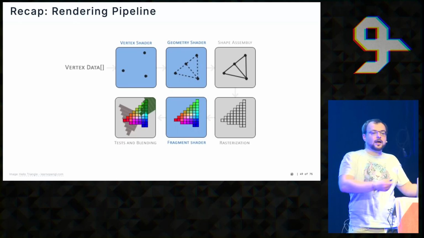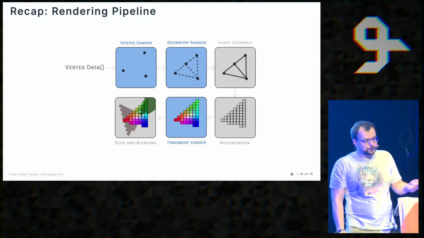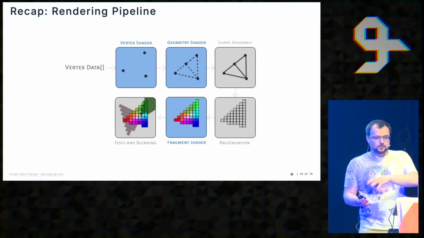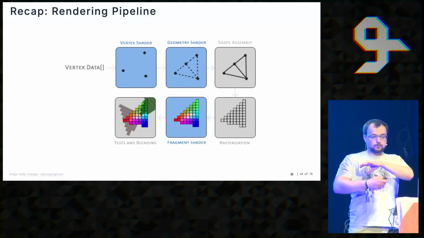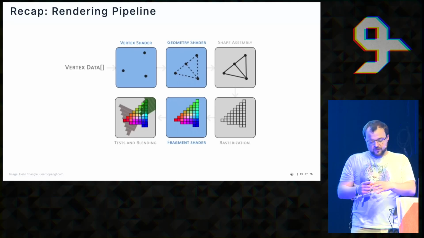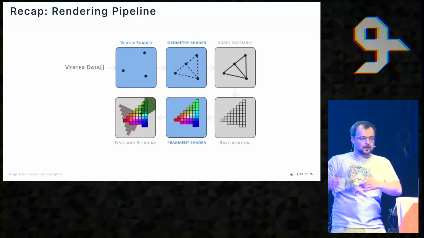For example, to apply your model, view and perspective transformation. Then there are some additional steps of geometry shading and tessellation, which are out of scope here, but you can add a lot of stuff here and have low-resolution models actually be higher resolution for displacement mapping and other